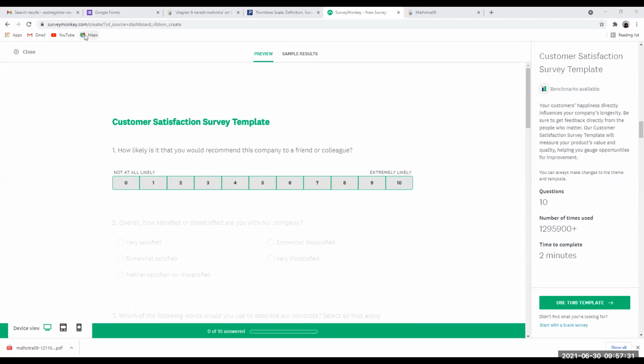Surveymonkey.com is an international software that deals with a lot of questionnaire making options. You can open your account with LinkedIn or Google, or you can just open a user account yourself. Try to do that today itself, meaning after the break, please open an account with surveymonkey.com.